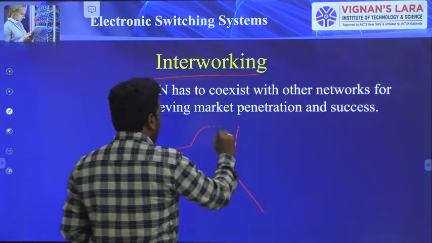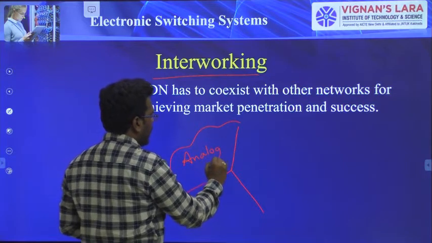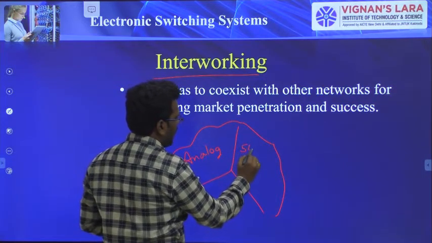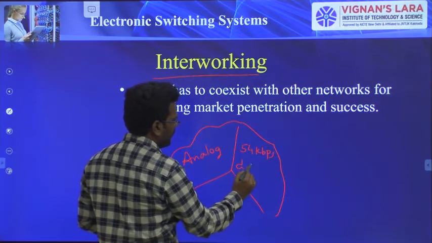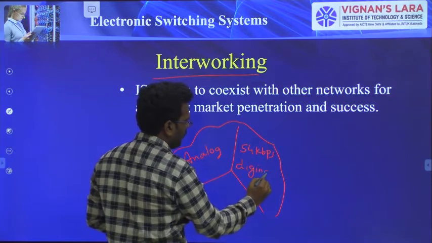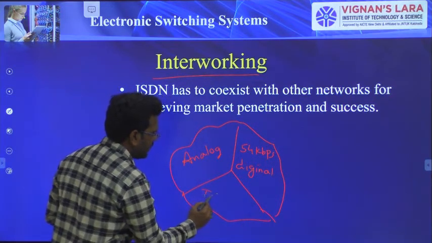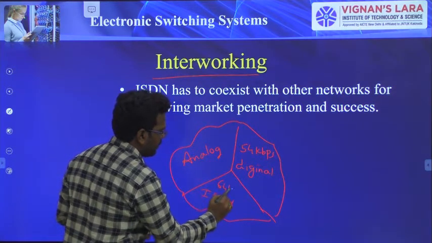You can take this as some analog network, and I can take another one as a 54 kbps digital network, and one more, this is ISDN, which supports 64 kbps.